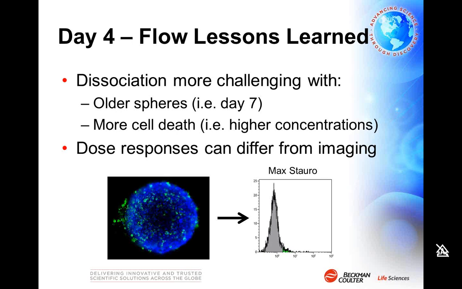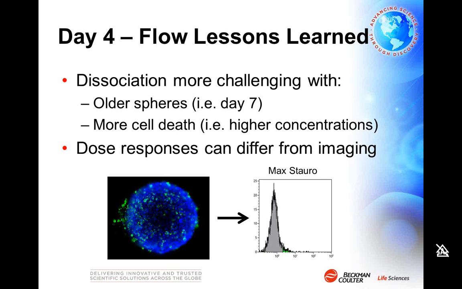Again, not to say they couldn't be dissociated, but those were the ones that required the most time or the most mixing. So those were sort of our bellwether wells as far as whether we had sufficient dissociation. I've also shown how the two different analyses can differ between imaging and flow cytometry in the case of 5-fluorouracil. However, if we go back to the annexin image that I originally started this out with,